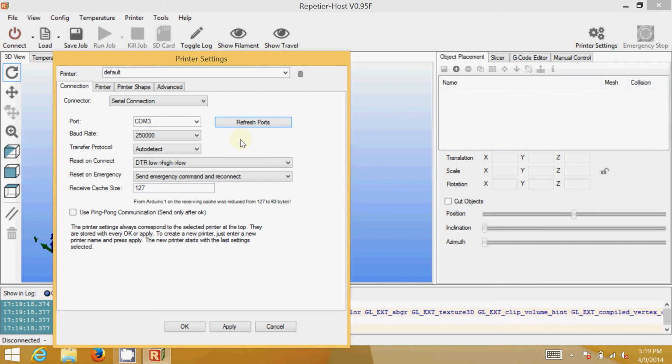Now, the first time that you plug the RPM in, Windows should go out and automatically download and install the appropriate FTDI driver for it, so you should be good to go. I know on my system, it's on COM port 3. The default speed for it is 250,000, and for transfer protocol you can say auto detect. Now, what you may want to do is come up here where it says default and click and type in RPM